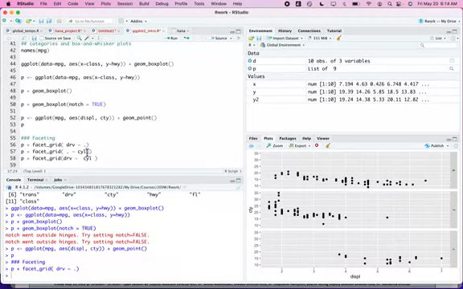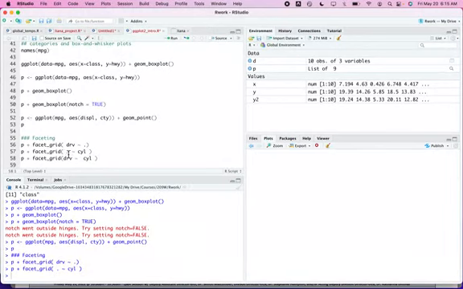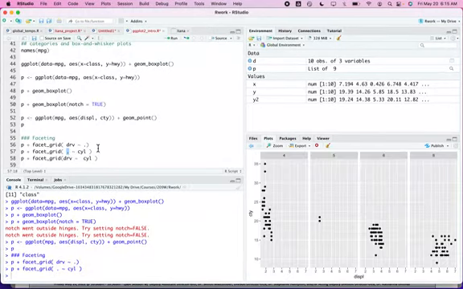Alternatively, we could arrange these plots across the page in one row. You can think of this current plot as the four-wheel drive in the first row, the front-wheel drive in the second row, and the rear-wheel drive in the third row. Now if we flip these around and we put the placeholder, the dot, first, and then the tilde, and then the name of the variable, the name of the category,